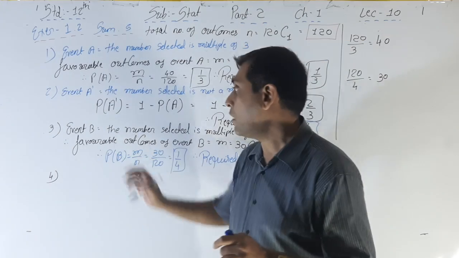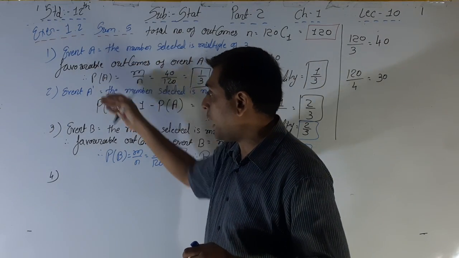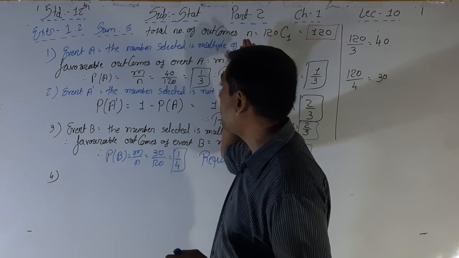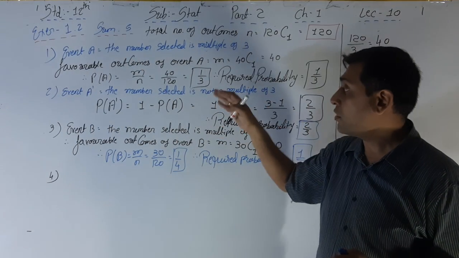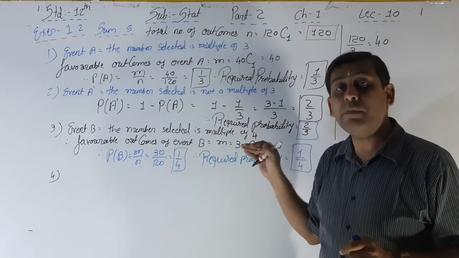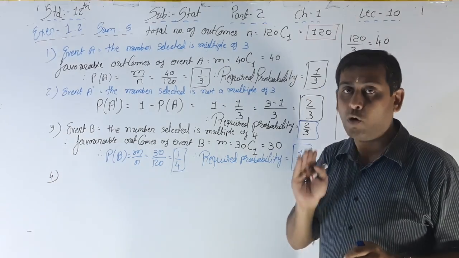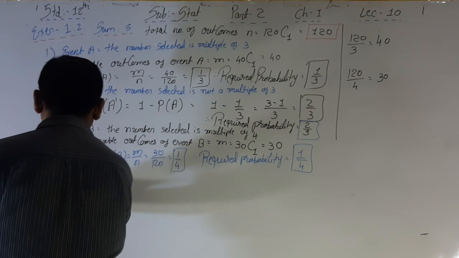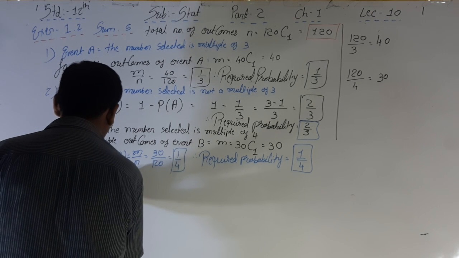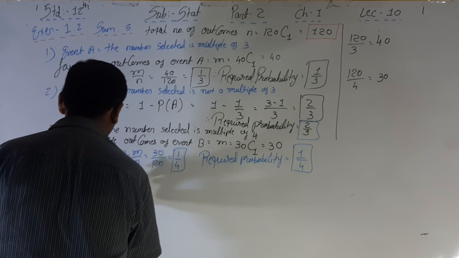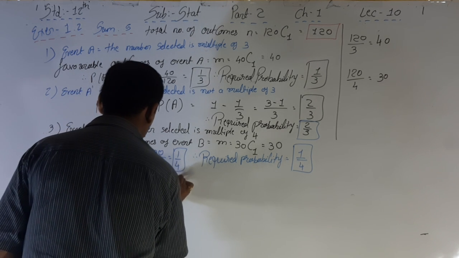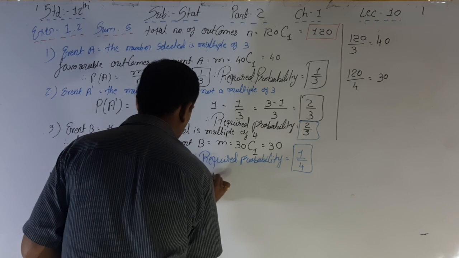Here we say that, just like this, we have to write event B dash, not event B. See, event A is equal to selected number is a multiple of 3, A dash not a multiple of 3, B selected number is a multiple of 4, and B dash not a multiple of 4. That's why event B dash, the number selected is not a multiple of